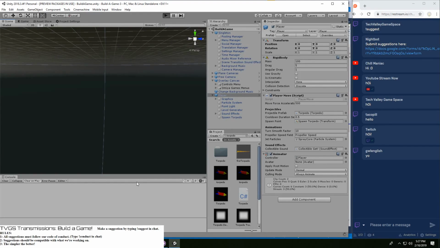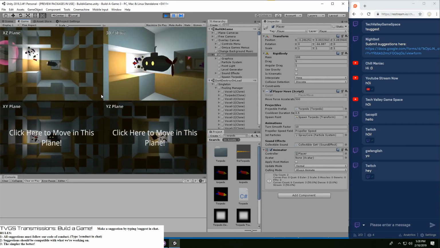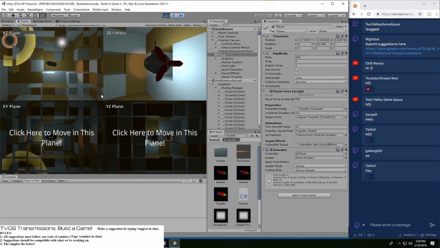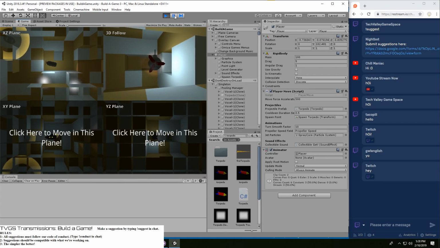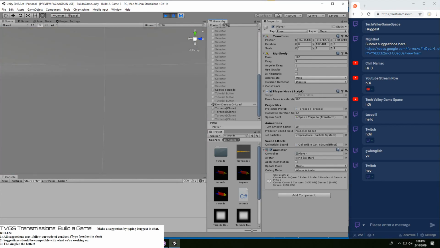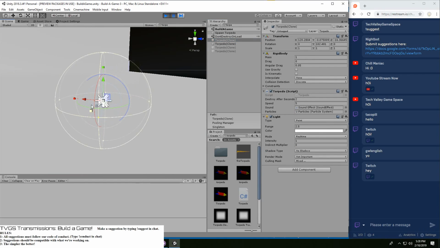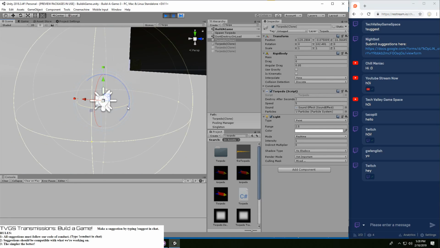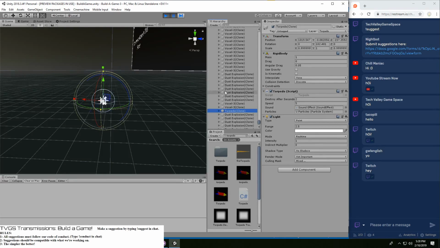Is this the reason? Okay, so right now it has two clones, and this one is well out of boundaries, while this one, I don't even know what's going on with this.